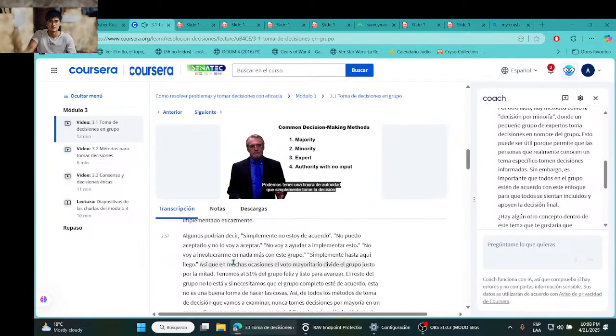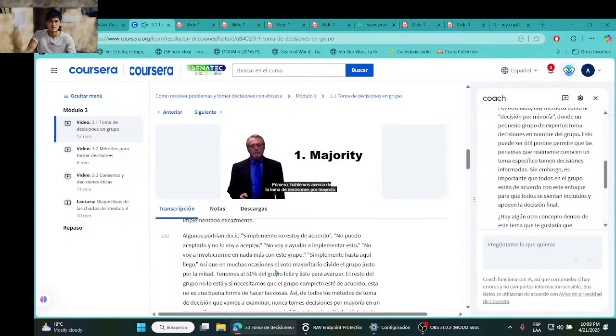We can have an authority figure, somebody that just makes the decision for the group with no input from the group at all. We can have an authority figure that will make the decision for the group, but there will be input from the group before that decision is ever made. And then we can have a group decision called consensus. And many of us have heard this term and have some idea what it's all about. We'll try to clarify that just a little bit. It can be done wrong, done badly, people have confusion about it, or it can be done very well and be a very good group decision-making method. So we'll talk about all 6 of these.